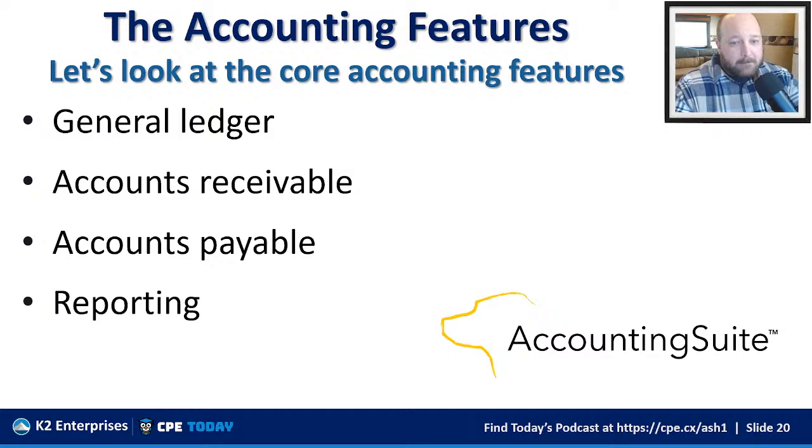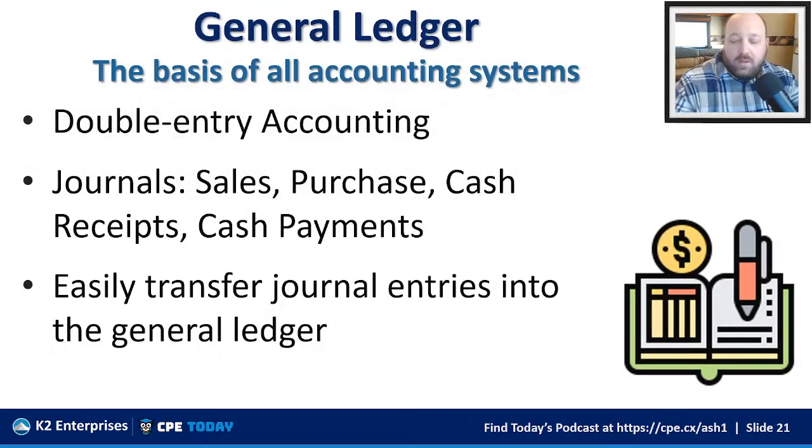Now, within the accounting section and for our general ledger, there's lots of features and functions that you would come to expect for your GL. Standard accounting here, we're not reinventing the wheel. It's been good for the last several hundred years. It should be good for several thousand years going forward. Our double entry accounting system, super present. We've got a robust journaling system for our sales, our purchases, our cash payments, and more. And we have a really robust journaling system where we can create modification entries to get our books and records exactly where we need them to be. So without further ado,